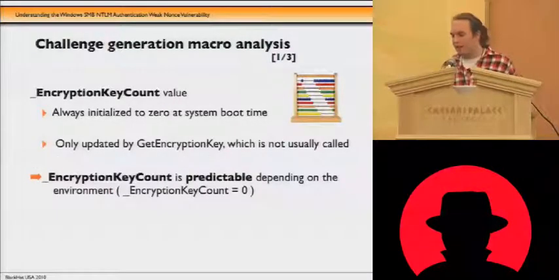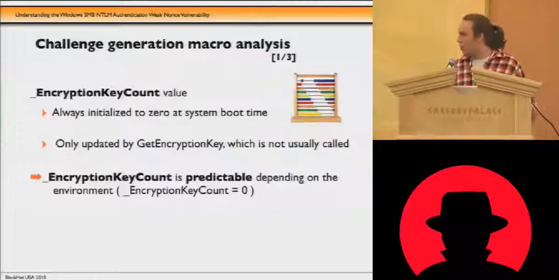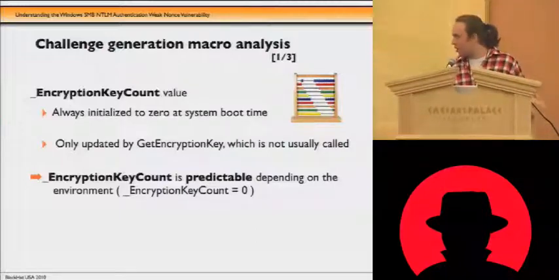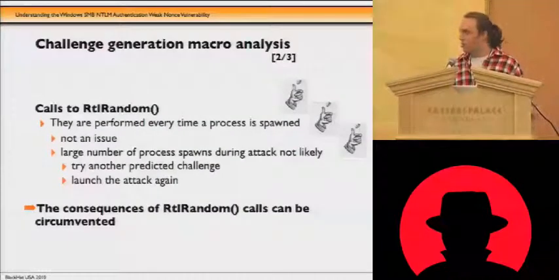So the encryption key count value is always initialized at 0 at system boot time. It is only updated by the get encryption key function, but as Hernan previously said, it is not usually called. So we can predict that that counter will be 0 if we start an attack. Also, calls to RTL